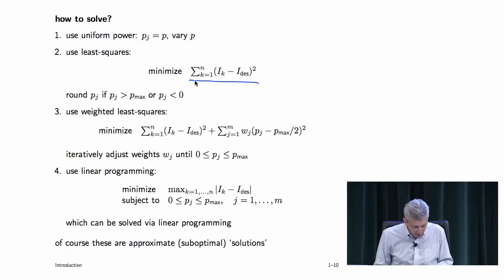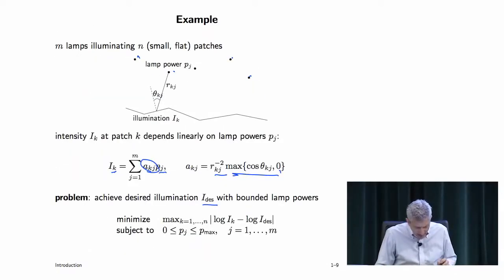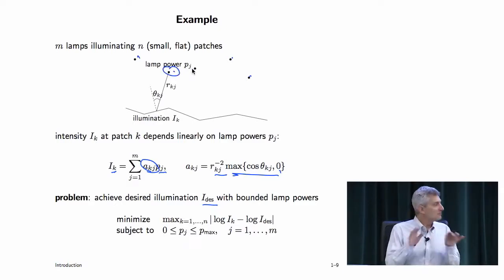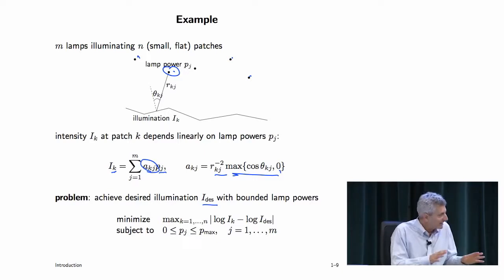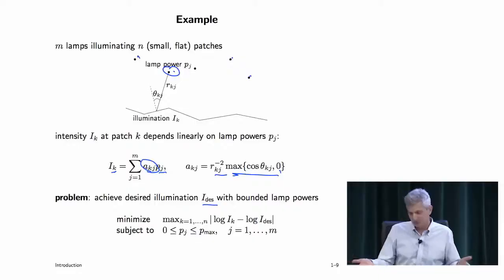Now, the problem with this is if you do this, it's pretty much guaranteed that some of the powers are going to come out negative. And in fact, it's likely you'll do really well. Many of the I_k will be very close to the desired one. And the way you'll do that is something like this. When you go back here, these things will put out some power, and then to adjust it, like this guy in the middle will spray some negative power. It'll spray darkness onto the patches, right? And it'll just kind of adjust everything, and you'll do really well. But it's not relevant that you do well because it doesn't work.